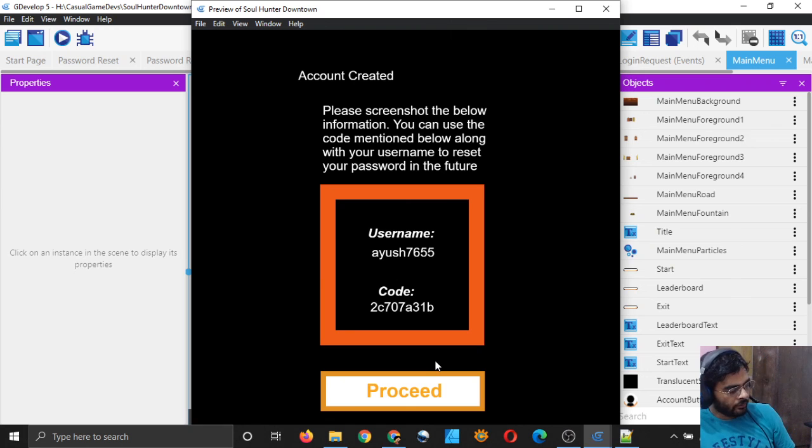So yeah, I have this nice little code. What I will do is I will take a picture on my phone so that I remember the code, and let me do that.